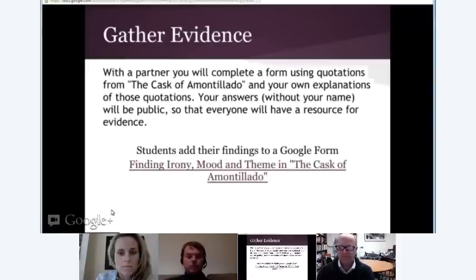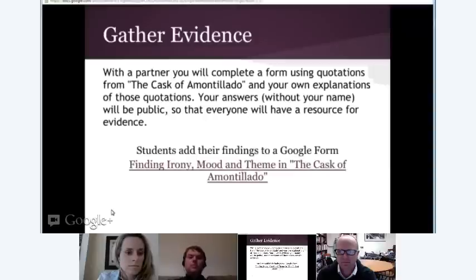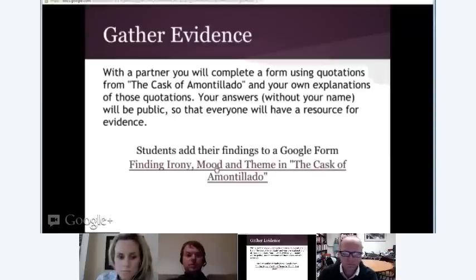And then we asked them, this is the really cool part, this is where I started to use docs. We asked them with a partner to look through the story and find quotes that showed irony, mood, and theme. And I did this with the Google form, and this is the part where my part of it came in. So I gave them this